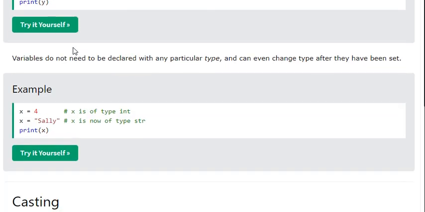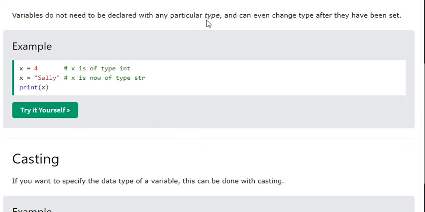For example, variables do not need to be declared with any particular type and can even change type after they have been set. For example,